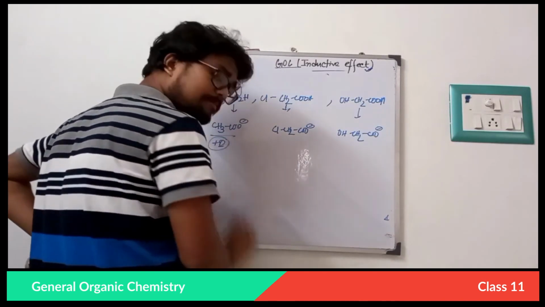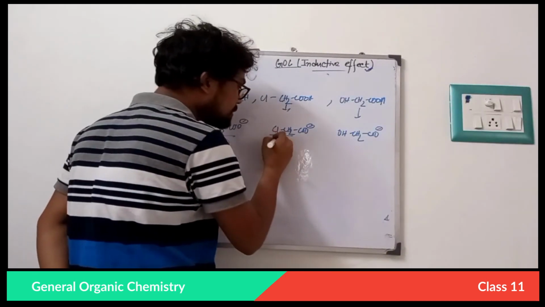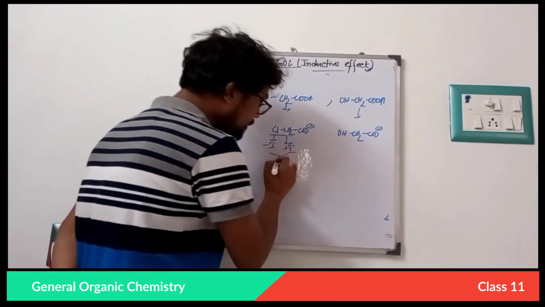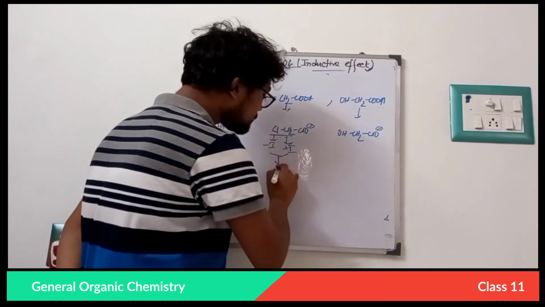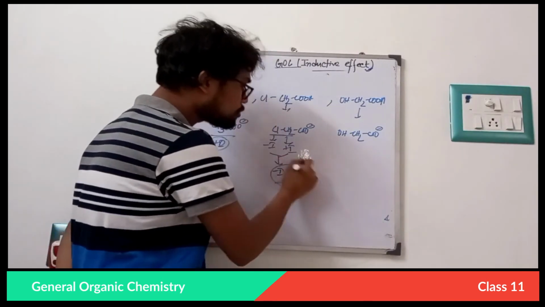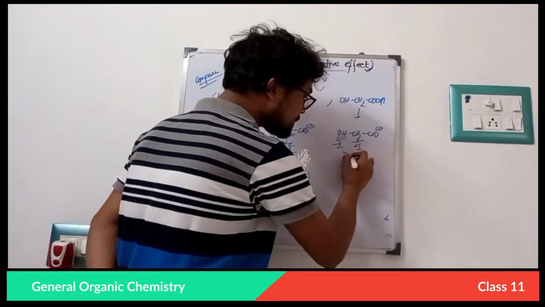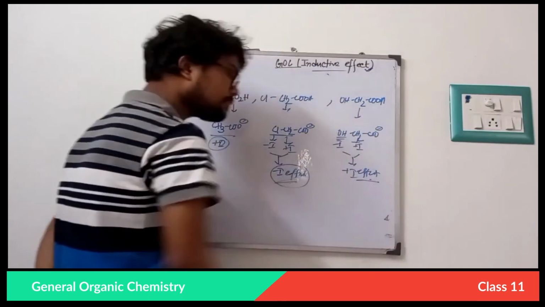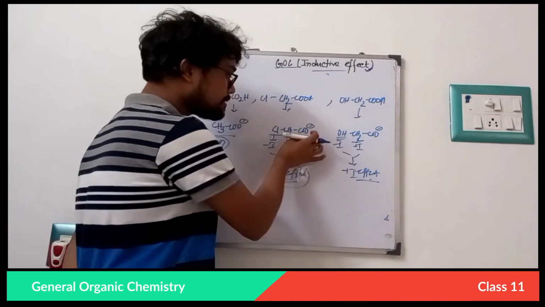This group has a simple plus I effect, and in this other group there are two parts. The first one shows a minus I effect and the other shows a plus I effect. Fine. If they act together, then they will show a resultant minus I effect. That means CH2Cl combinedly shows a minus I effect, and this also has a minus I effect and this also has a plus I effect. But in this case, in the resultant, CH2H shows a plus I effect. Fine. So in this case, this minus I effect will stabilize this C double O minus more.